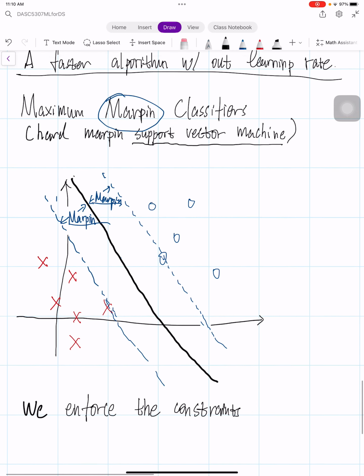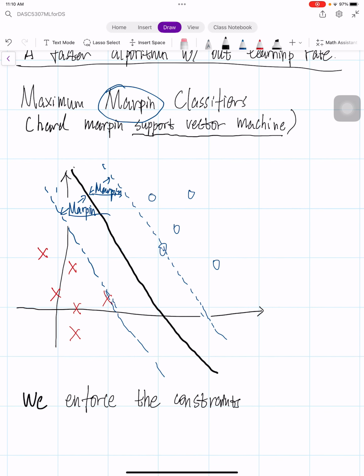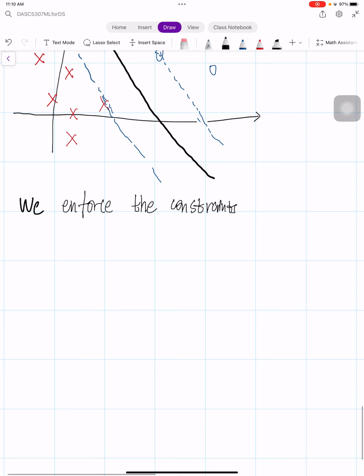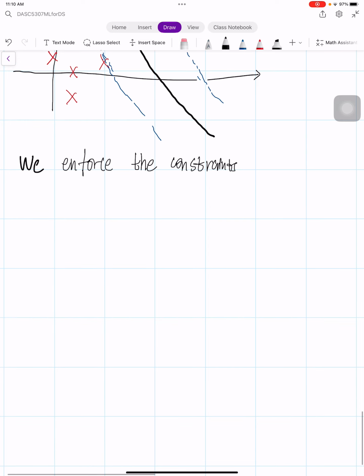So this algorithm will give us a linear classifier, but with the boundary right in the middle, most in the middle, and with the largest margin possible. And by doing that, we can enforce the constraints. So yi